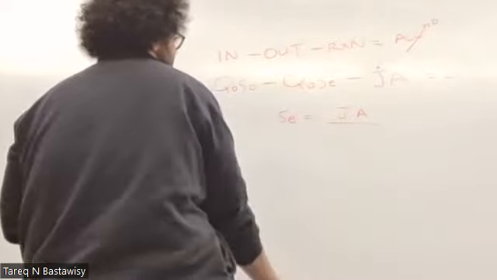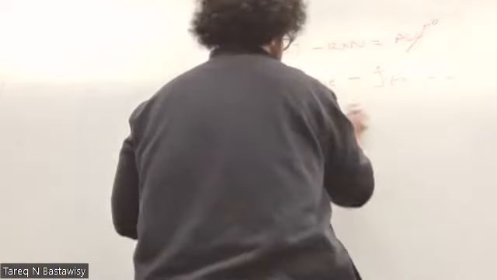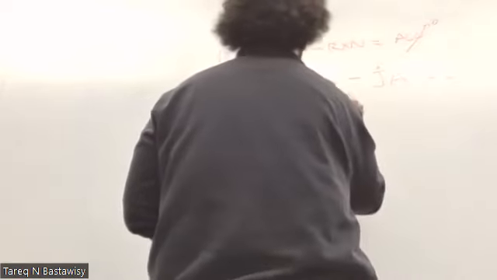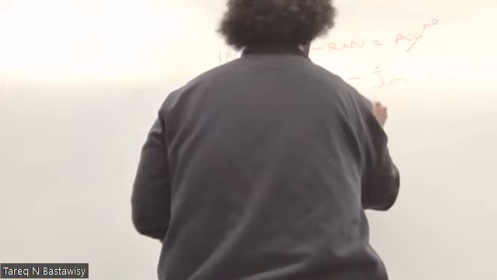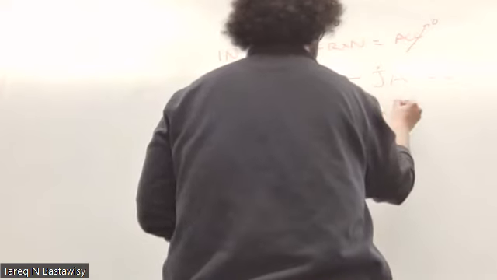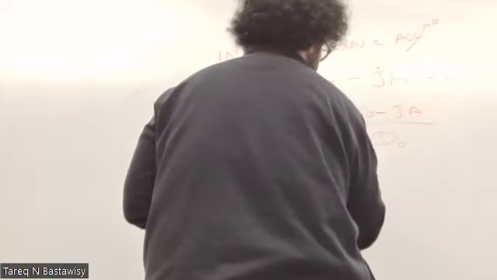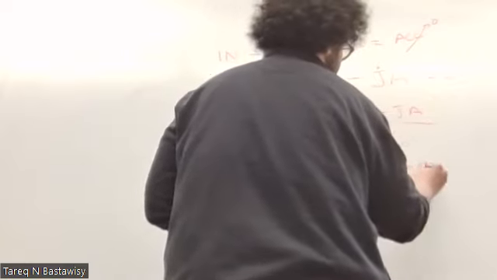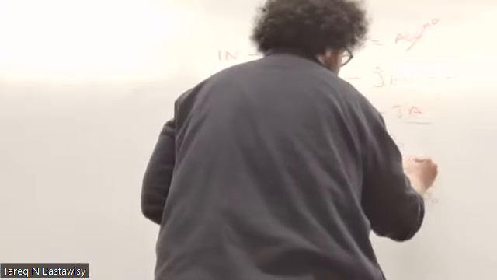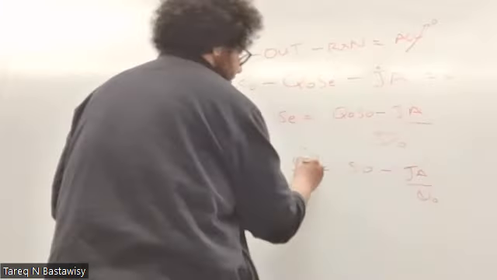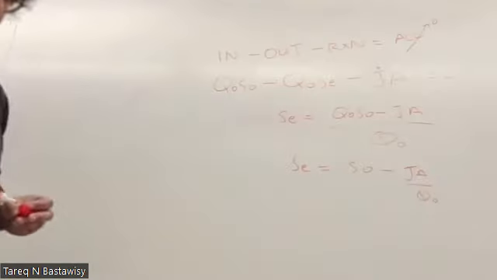That's not minus. So that's going to be Q naught S naught minus J A over Q O, and I'm going to simplify to S naught minus J A over Q O. That's equal to SE. So what it's telling you to do, well,